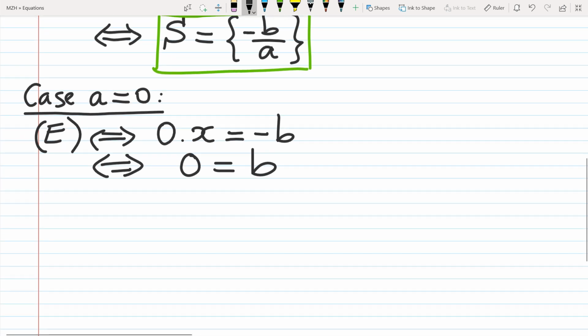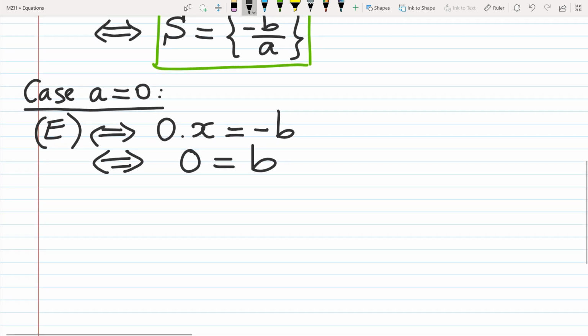In this case, we are trying to find all the x's that verify 0 times x is equal to minus b. And you'll notice that we will have to have two discussions here. Either, so subcase, if b is equal to 0,